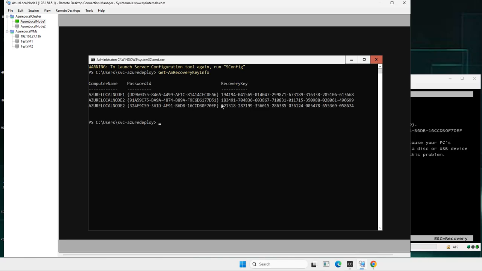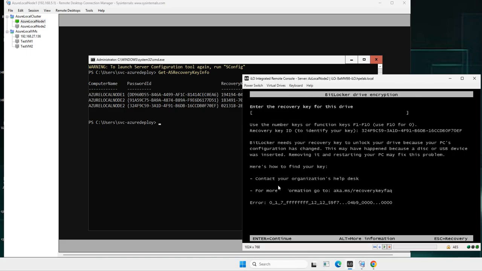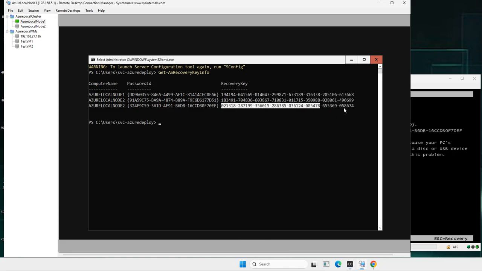And node 2's recovery key. See which one I need. One that ends in EF. So I'm going to go